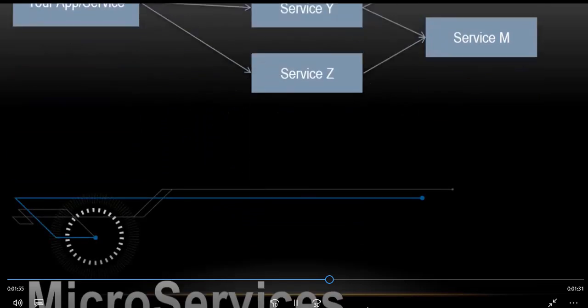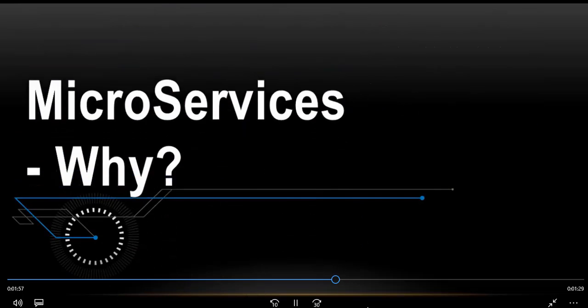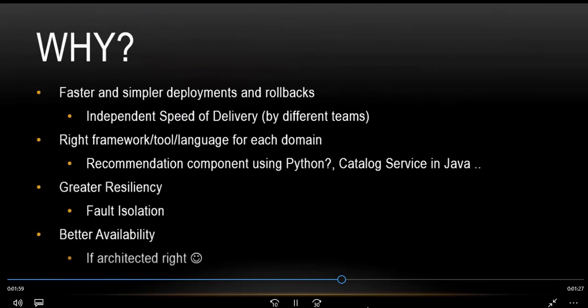Okay, so now we'll see why we need a microservice. Microservice means faster and simpler deployments and rollbacks. So it's independent speed of delivery by different teams. It's the right framework, tool, and language for each domain. So it's a recommendation component using Python, catalog service in Java, greater resiliency like fault isolation, better availability if